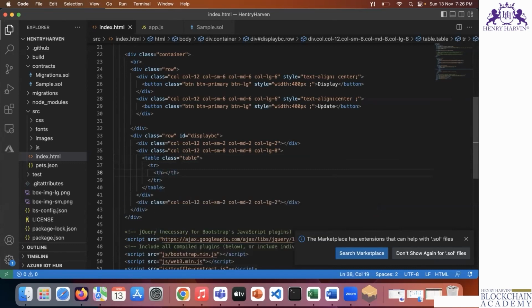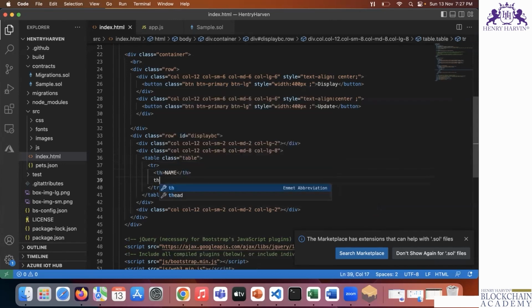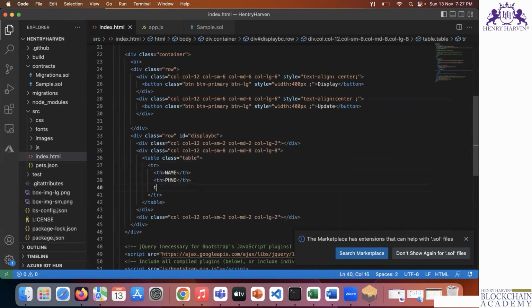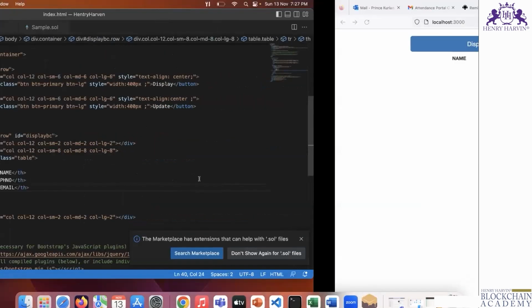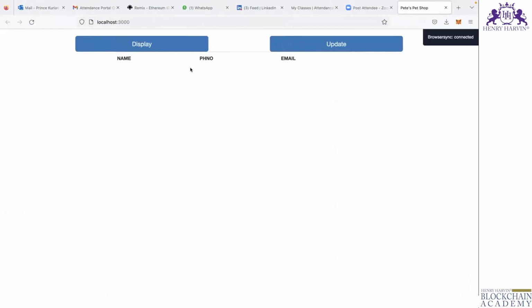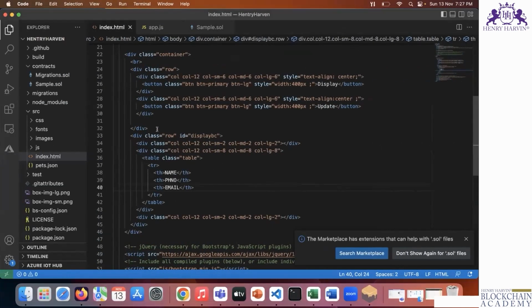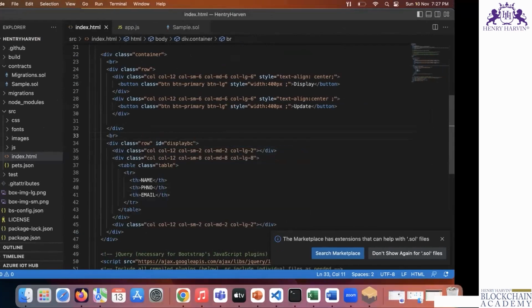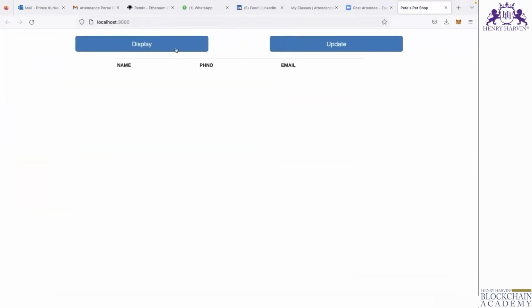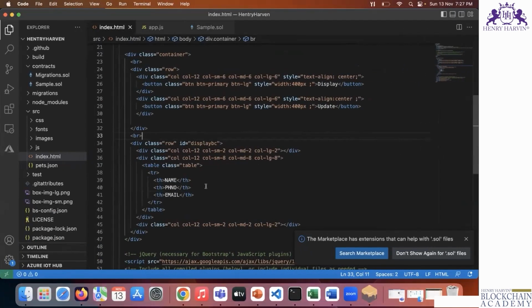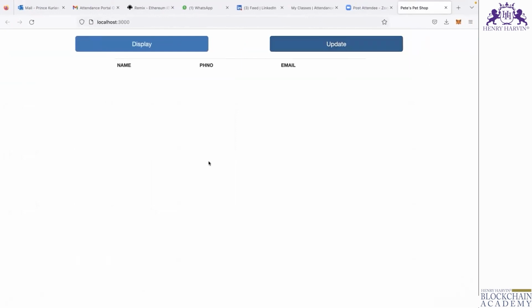The first one is name. I need to display name, phone number, and one more thing, email. Three things we need to display. So you can see name, email, and phone number. Three things, because in the smart contract we are storing three values: name, email, and phone number. Okay, that is fine. But when you click this one,